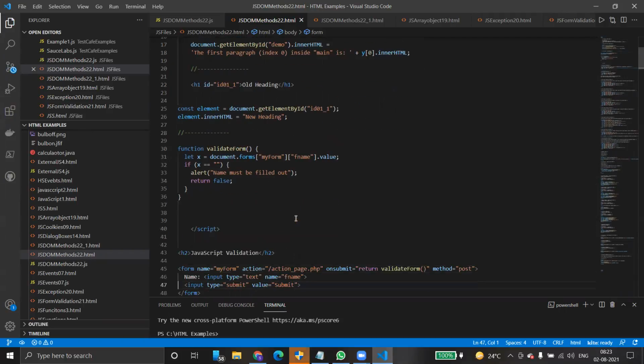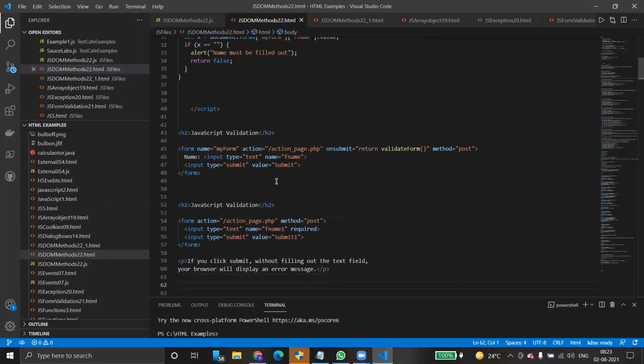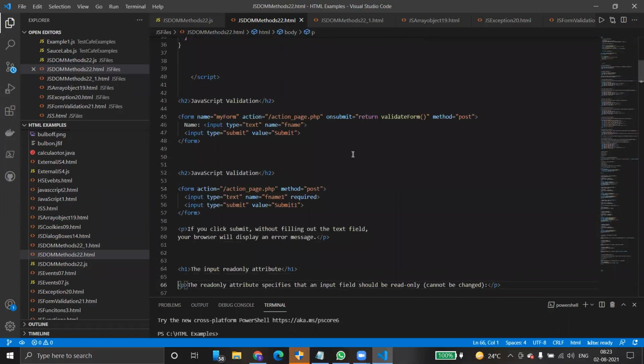Okay. Next, validate form. We already know how to validate a form, so I'm not going to explain validation again. Just go into forms, document.forms.myForm, first name. It checks validate actually. Next, JavaScript validation. This is another heading. We have a form here, myForm. The problem is I just copied it and I need to change the values of the locators. Locators means name and class name and all.